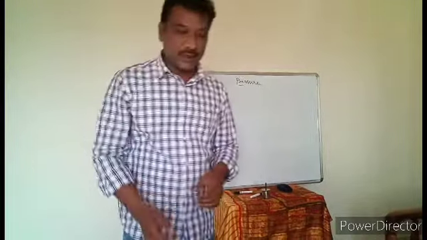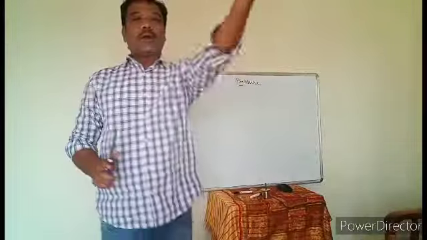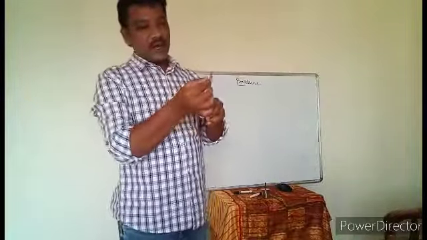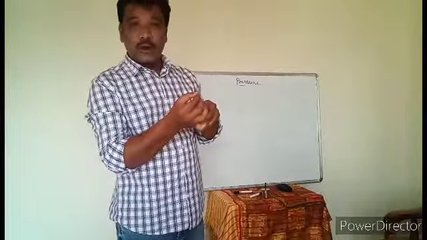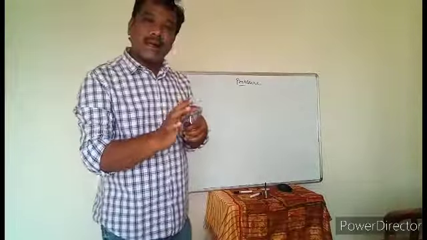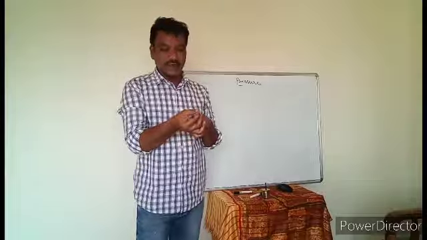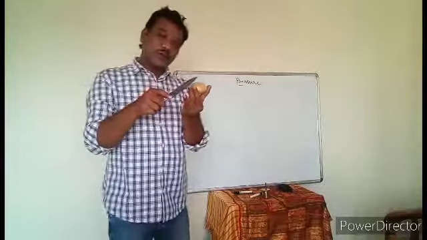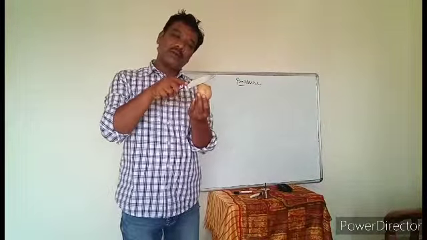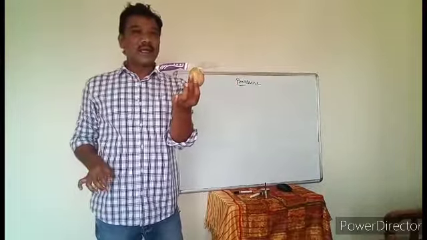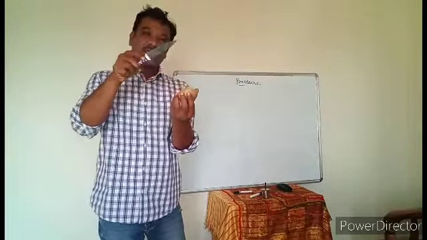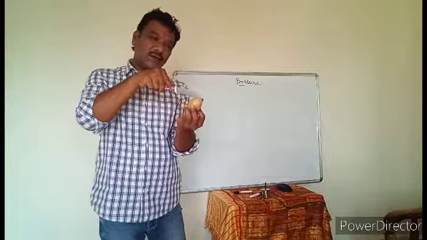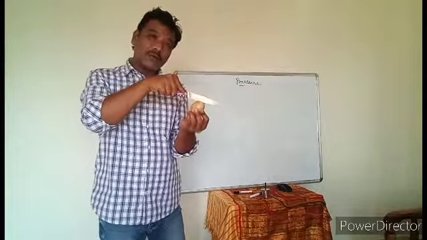Now let us see another example. Here I am taking a potato, a vegetable, and a knife. We know one edge of the knife is the sharp edge, and the other is blunt. To cut vegetables, we use the sharp edge of the knife. With its help, we can cut very easily. But if you use the blunt edge, we cannot cut it properly. We can cut it, but we need more effort. We have to apply more amount of force.